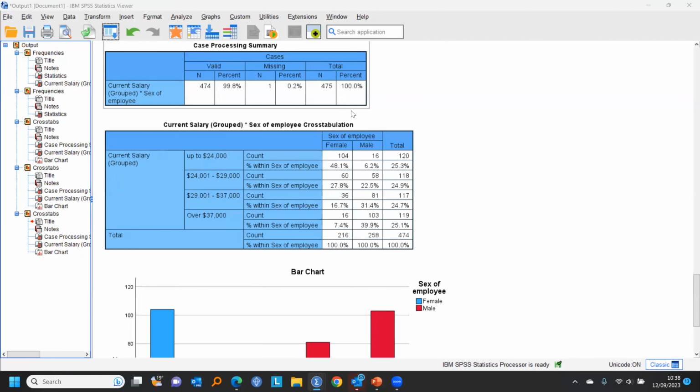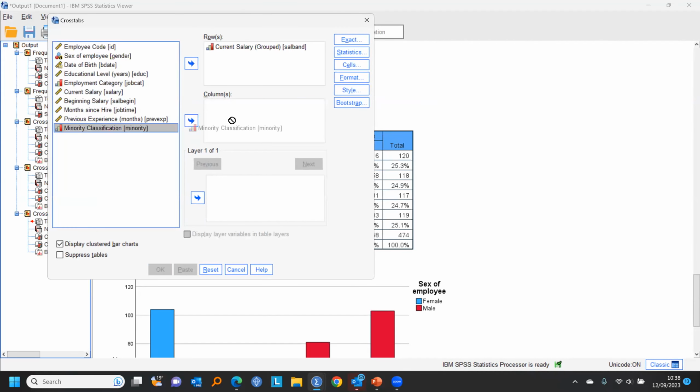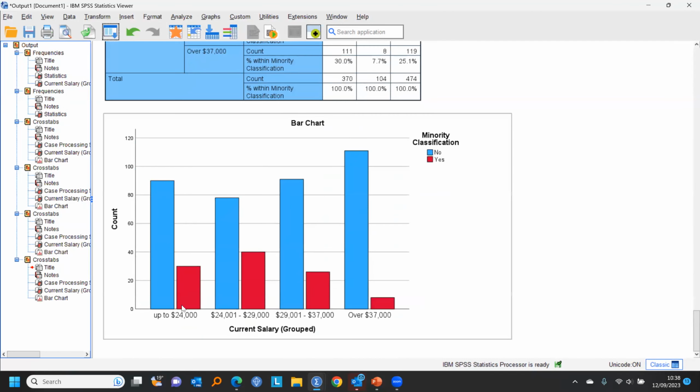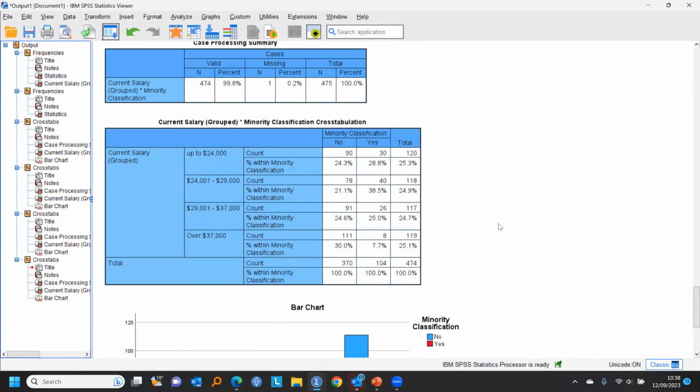Do the same thing here, looking at minority classification. Click OK at that point. Here's minority class. So you can see that there aren't very many people in minority groups. So it starts to get harder to compare them. This is why percentages are so important, because we can say of the minority group, 28% of the people who were an ethnic minority in the bank were on up to 24,000, 38% 24 to 29,000, 25% 29 to 37,000, only 7.7% over 37,000 compared to those in the non-minority group, over 30%